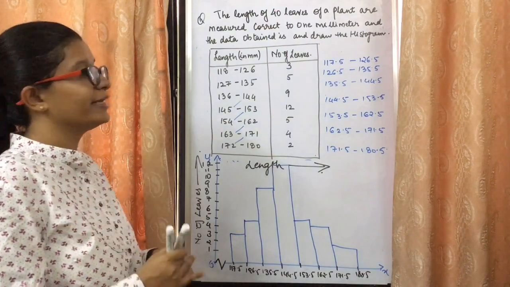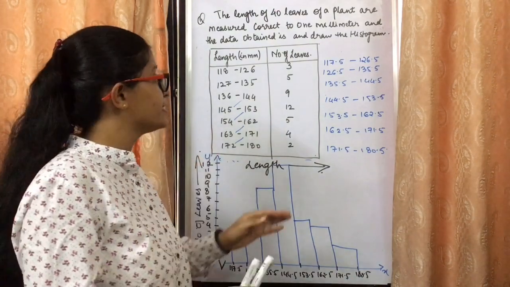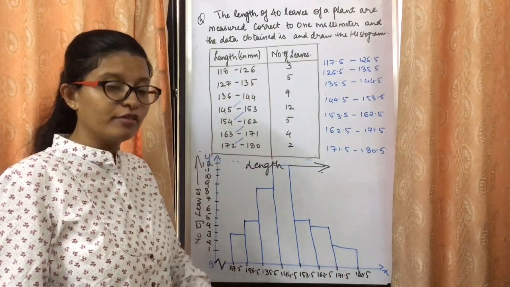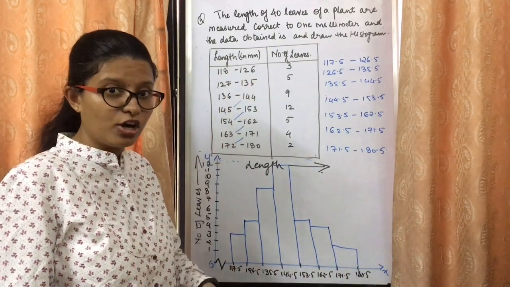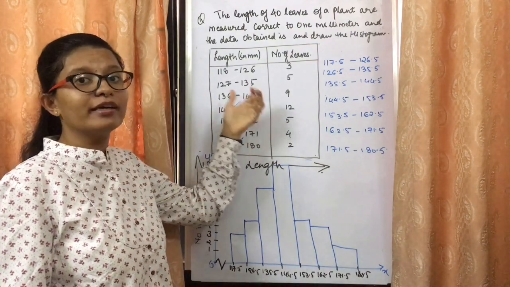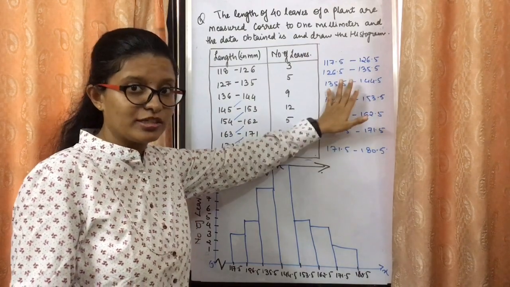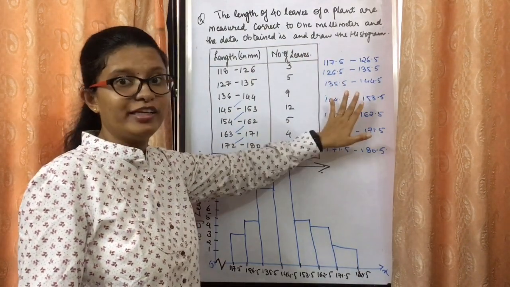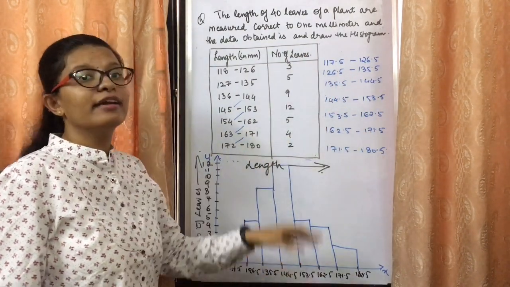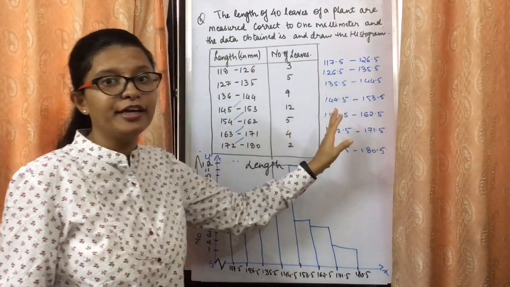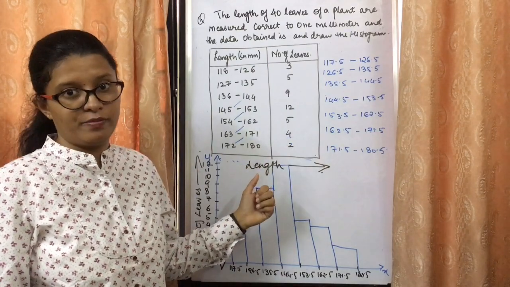So first of all, it is very important, it's necessary to check whether the given class intervals are continuous or not, whether the class size is equal or not. If the class intervals are not equal, not continuous, then we need to change it into the continuous class interval, as we have seen how we need to convert it, and then we need to plot the histogram. Until and unless the class intervals are continuous, we can't plot the histogram. Fine.